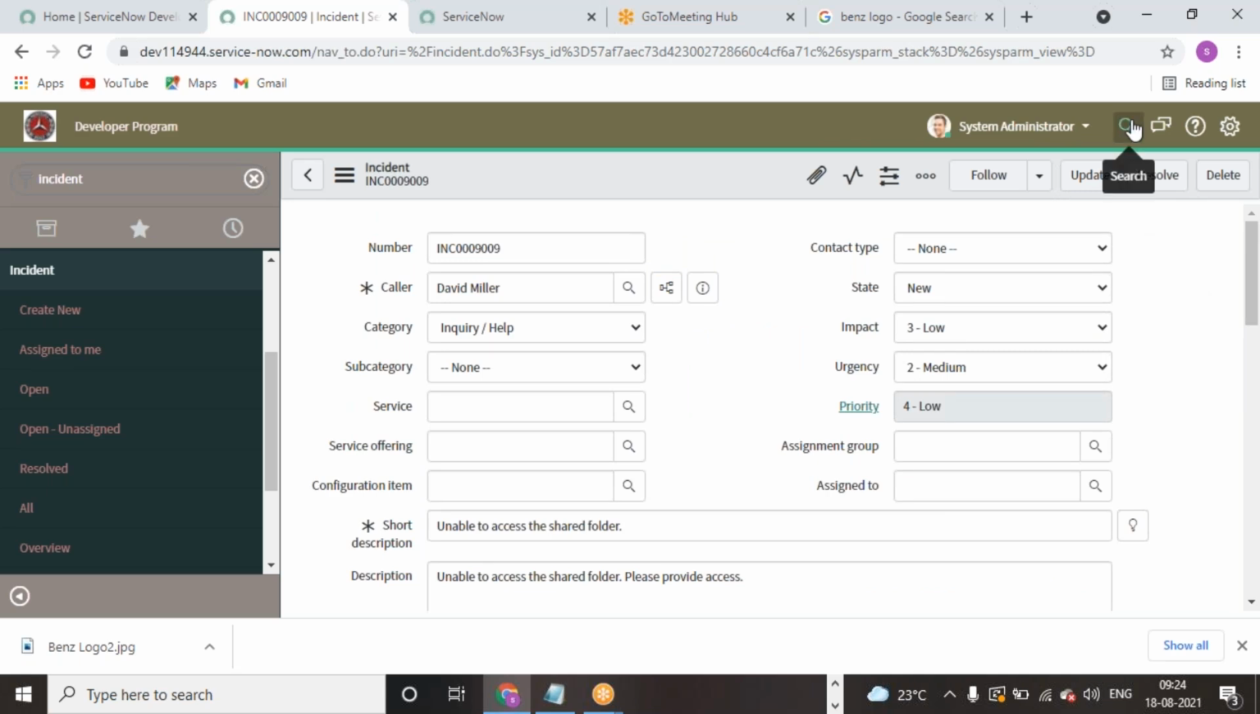Okay, so which search engine is optimized for the ServiceNow instance? Please do remember Zing search engine, Z-I-N-G. Zing search engine has already been optimized for the ServiceNow platform. It is working as a search engine. And the next one is